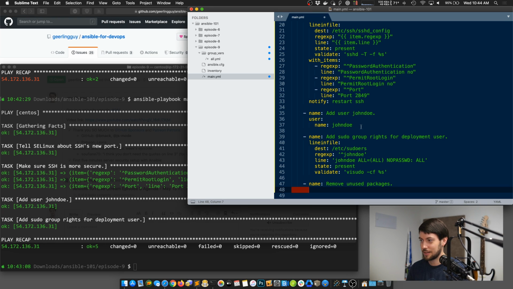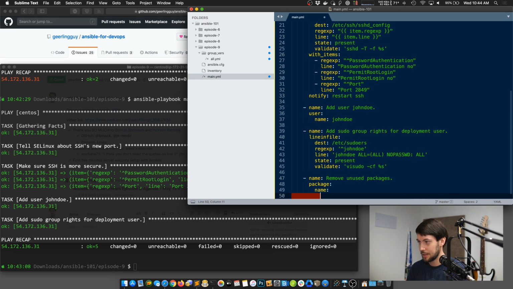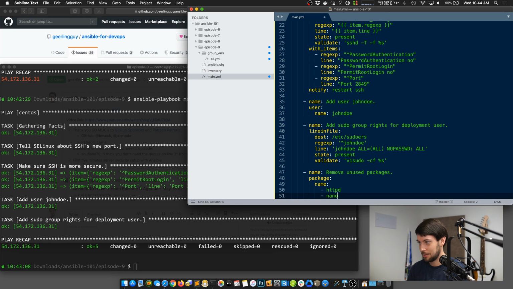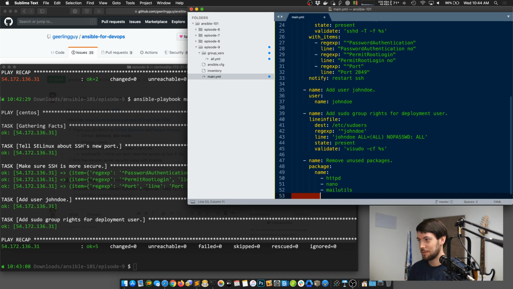So I might have a task like package, name httpd, and then nano, mailutils, whatever kind of packages you don't need on the server, make sure that they're removed. State absent. And if you're using